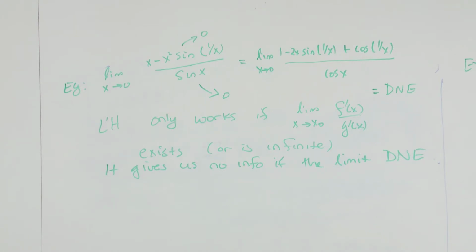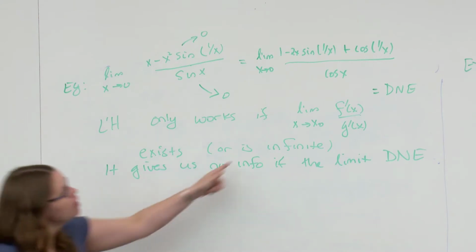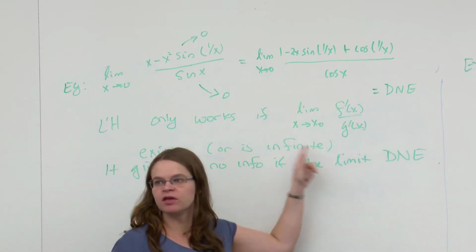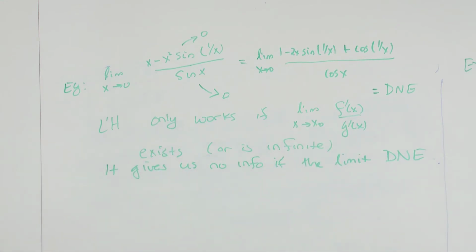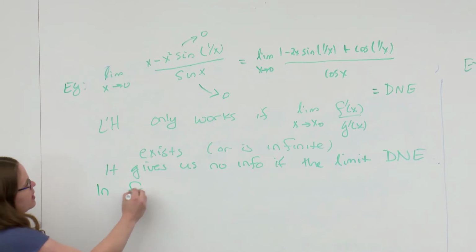So we wrote down some hypotheses. One was that basically g is not a constant function. G prime isn't just vanishing. But another important one was that we could compute this limit as either a finite number or infinity. If those hypotheses don't hold, then the conclusions of the theorem don't hold. They don't tell us anything. So in fact, if we try this limit again,